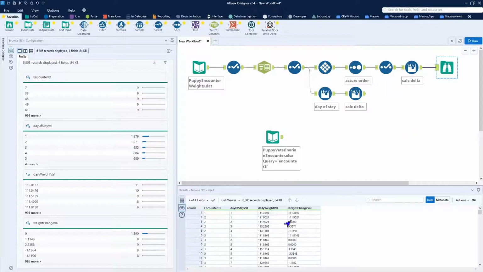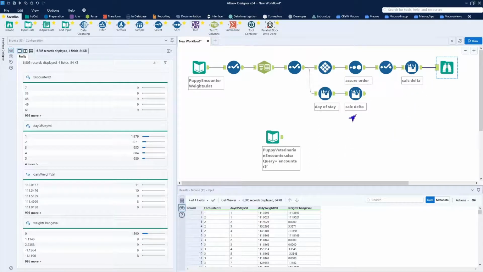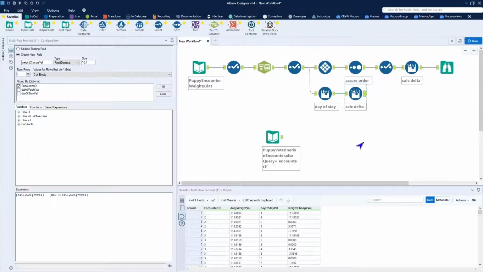As you can see, it went through and properly calculated it to match what's going on in this one as well. Check our record counts are the same. So we're happy. Things were put through in the proper way. We can do a calculate delta on either of these workflows. So again, if you only want to use one and it makes you feel good to have the data in